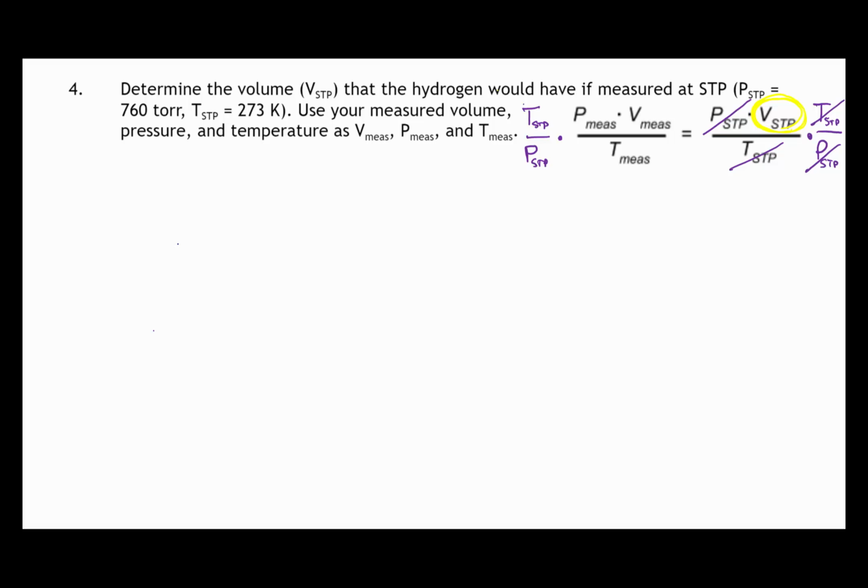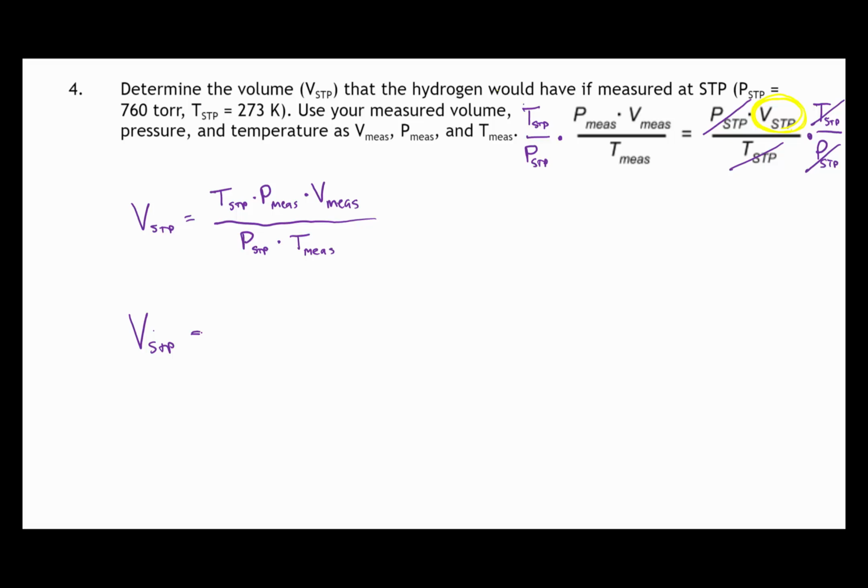So in other words, to find volume at STP, we're going to need to take the temperature at STP times the pressure that we measured times the volume that we measured, and divide that by the pressure at STP and the temperature that we measured. So this calculation will tell us what our volume would have been if it had been measured at STP. Recall that we did this at lab conditions, and so we definitely had a different temperature, and our pressure also